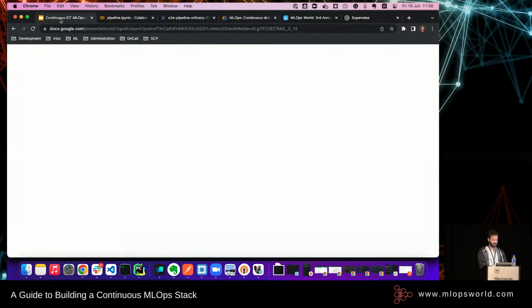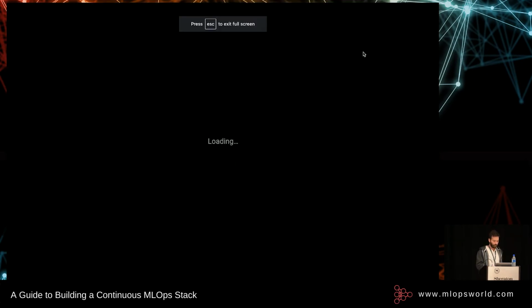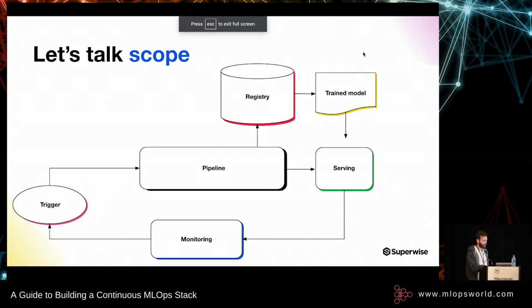Back to the slides. Great. So, scope. The pipeline here is exactly what you've seen before. We're going to implement a small pipeline on Kubeflow. I chose Kubeflow because, to my eyes, that was the fastest way to show this concept. After that, we're going to validate and make sure that the model is good enough. We're going to upload it to some registry. We're going to write a small Flask application that will wrap this model. We'll take it from GCS, from the Artifactory, basically, use it, and then deploy to an endpoint using Google Vertex.